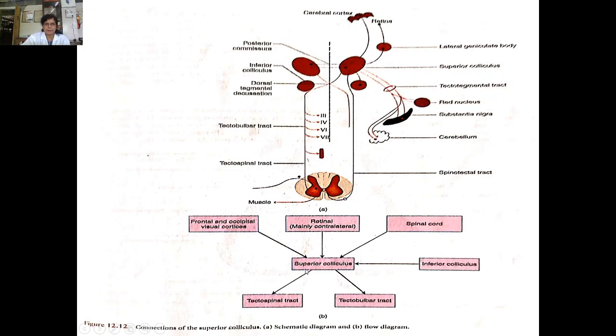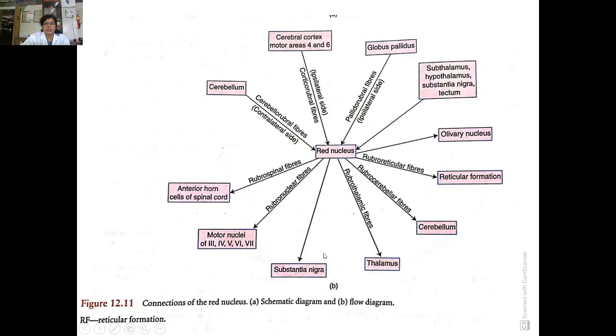Main efferents form the tectospinal tract and tectobulbar or tectonuclear tract, and other efferents go to the superior colliculus, lateral geniculate body, and the inferior colliculus of the same side. So this is about the connections of superior colliculus,